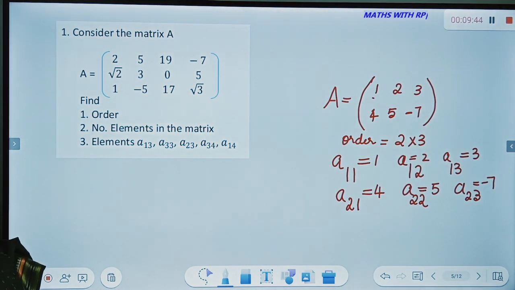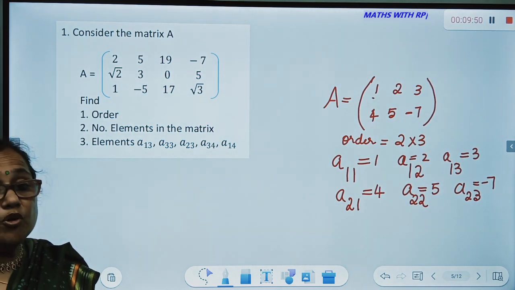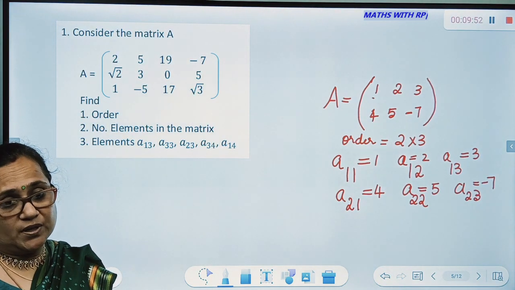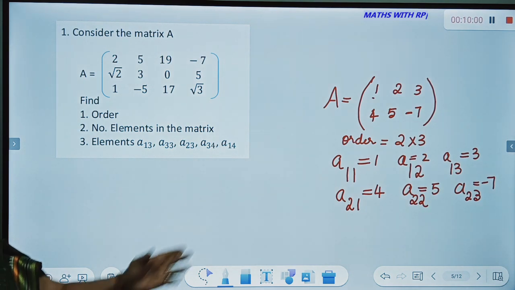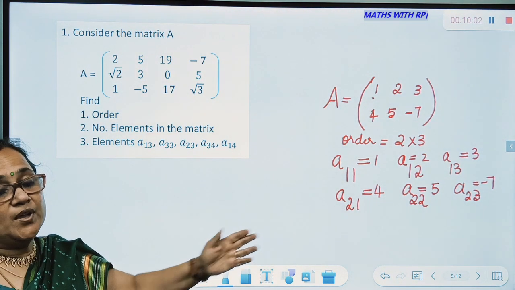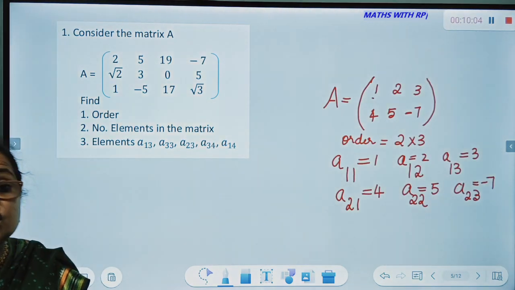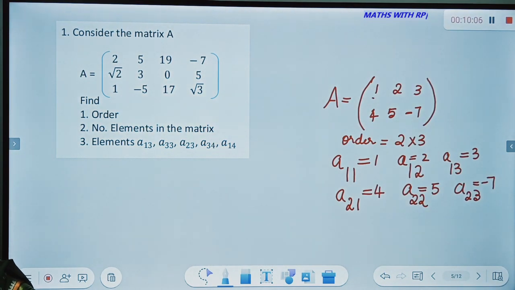So it is possible to represent the position of each and every element of a matrix. When we talked about matrix, I told you it is an arrangement. So when you have an arrangement, the position of each element assumes extremely important position. So that is what we are going to see, how to describe. How do we describe? In virtue of in which row it lies and in which column it is placed.